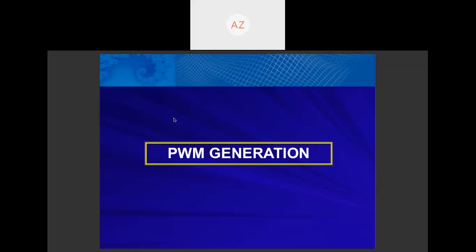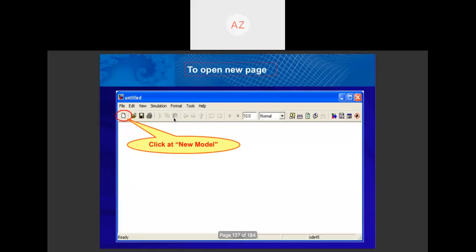Okay, thank you. So we proceed with PWM generation. How to generate PWM in MATLAB Simulink. You can create a new model, a new Simulink window. To open a new page, you just click add new model.